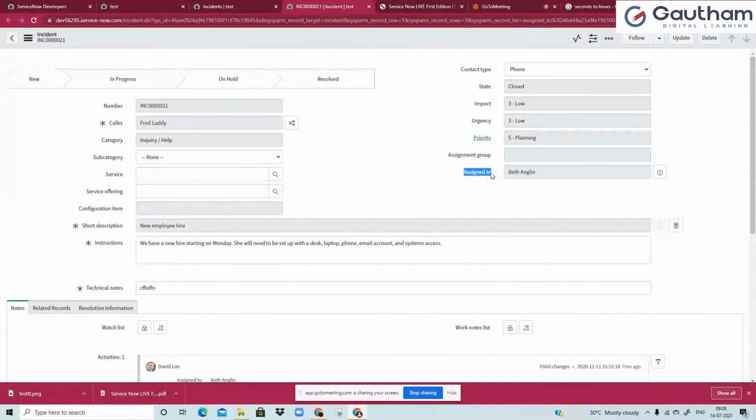We can also identify how long it was in P5 and how long it was in P4, right? That definition of how long it was on a particular state, or a particular assignment group, or a particular assigned to, or a particular subcategory, all these you could determine based on developing metric definitions, right? Any questions with regard to why we need metric definitions? Whatever explanation I gave,